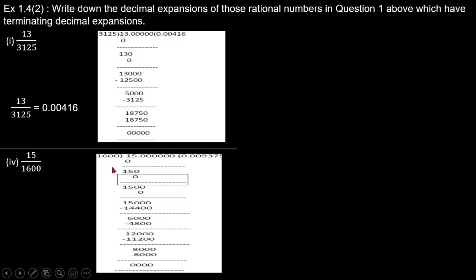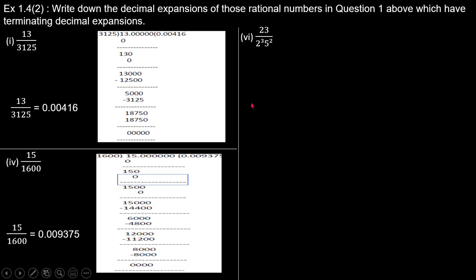So you can do it roughly. Maybe mostly this question won't be asked, or it will be very simple, and you finally get this terminating answer. Similarly, there are 4 cases. So 15 divided by 1600. If you go on dividing the point, you require at least 5 numbers. That is 15,000 you require. So 0.00 if you give, do it 2 times, you get 15,000 and you get this something.